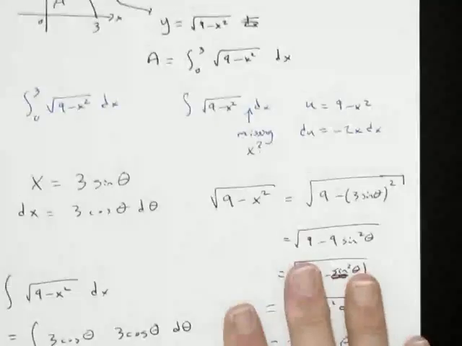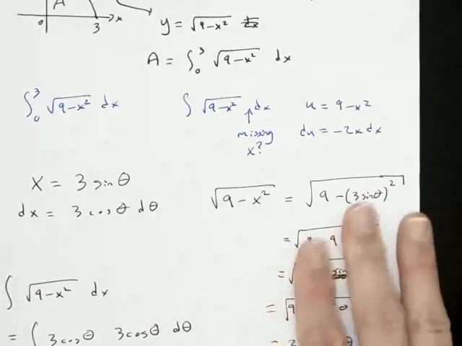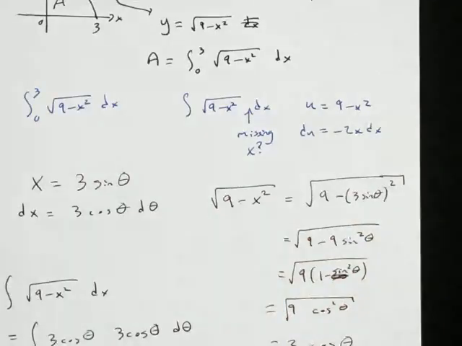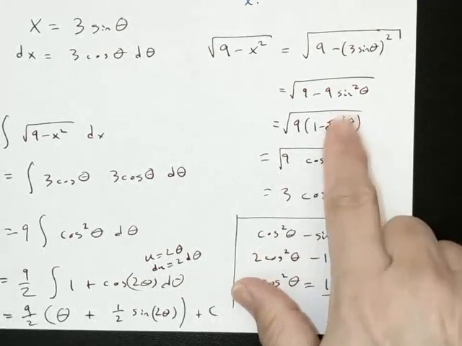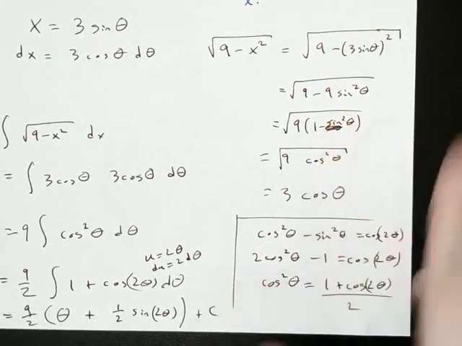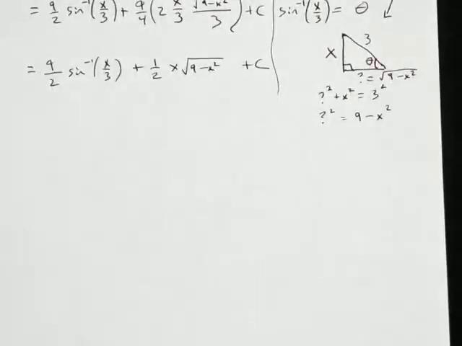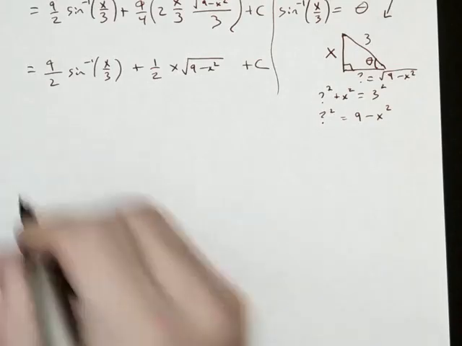When I started this problem, all I had was the square root of 9 minus x squared, and my brain went, well, what am I going to do with that? And that's why I put a 3 there, so when I squared it, it would match up, and I'd be able to reduce this. Which means whenever I see a problem that involves